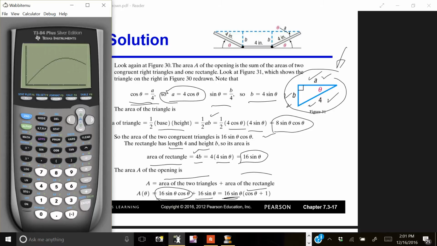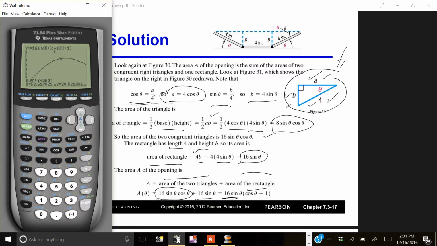And to find the maximum area and the value of theta corresponding to it, we need to put a trace on. And now calculate the max and hit second, calc. And we want to hit 4 for maximum. It asks for a left bound. We have a left bound there. Hit enter. For the right bound, let's move